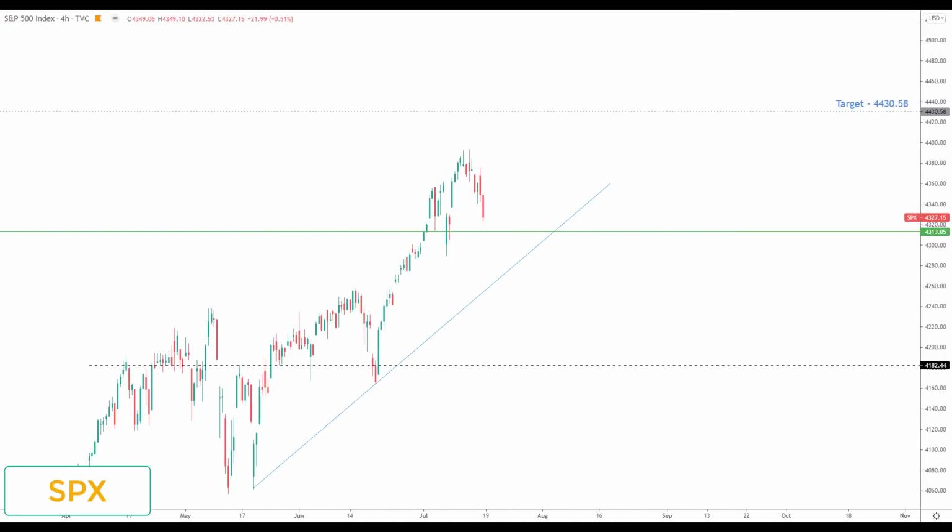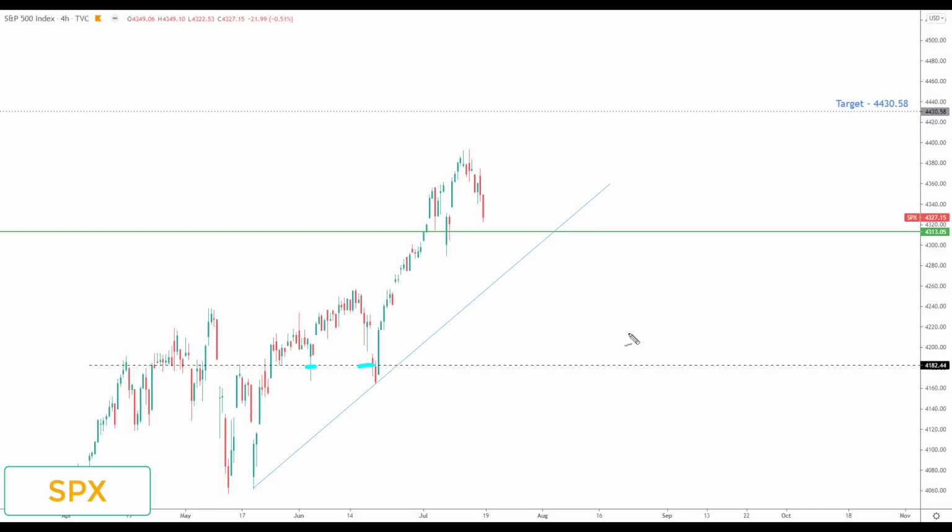Next is the SPX. In previous videos, I highlighted the fact I was looking for a breakout, a pullback to this level, and a rally into the target, which we took out. This was a really nice move recently in the SPX. Since we took that out, we've rallied a little bit higher, and last week we had a sell-off in the SPX as we saw volatility increasing.